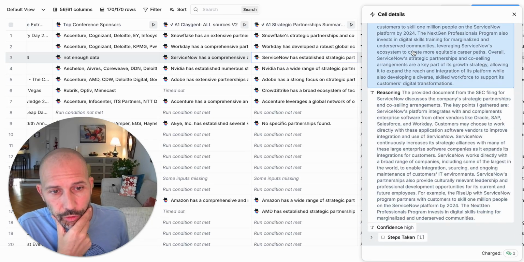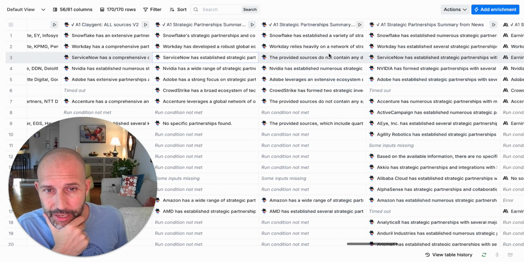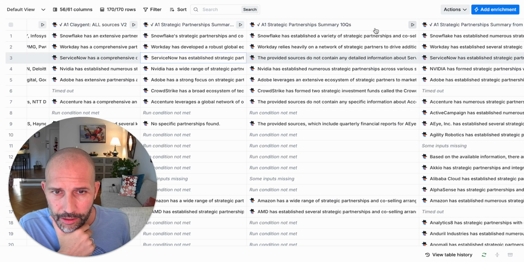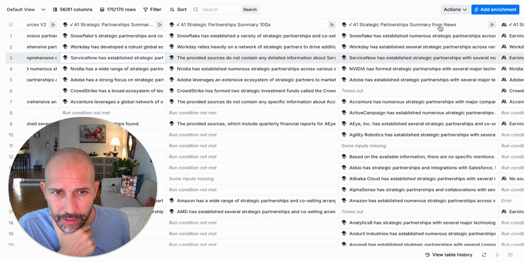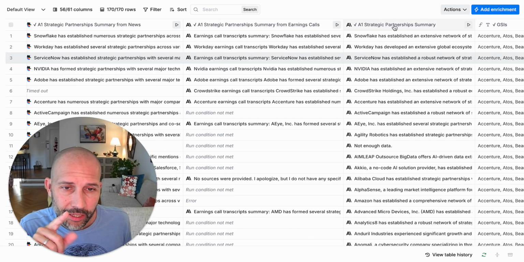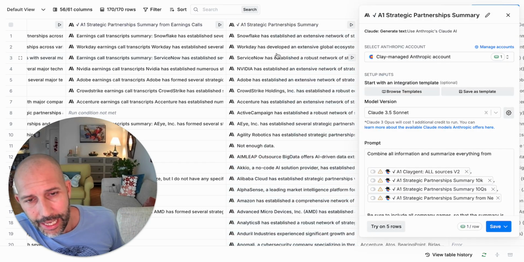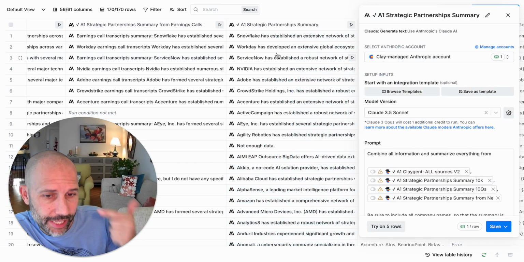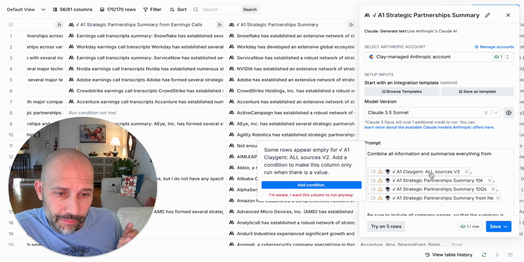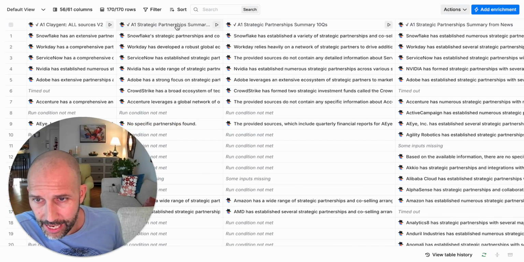And what's also cool is what I do in the end when I do the meta summary. You see that I did the same prompt for the 10Qs, a similar prompt for the news, a similar prompt for the earnings calls, and then I do a prompt to summarize all of these previous summaries. And what I'm doing here is not pointing only to the result, but to the whole cell. What that means is that the final summary also takes into account